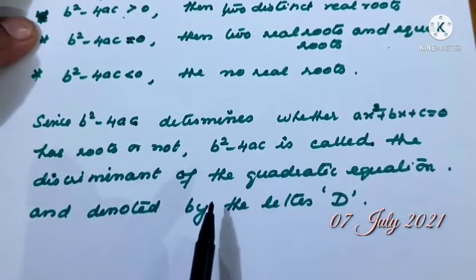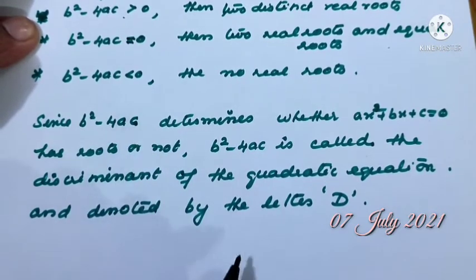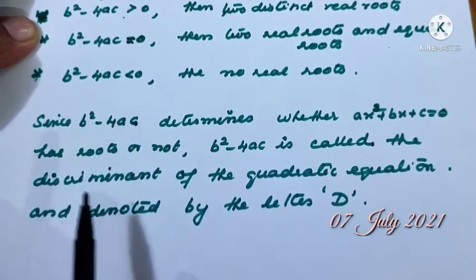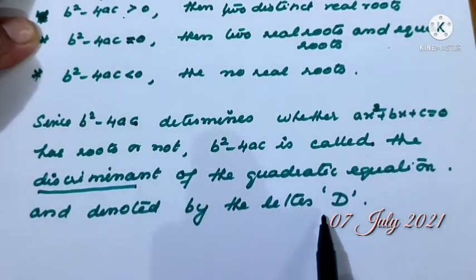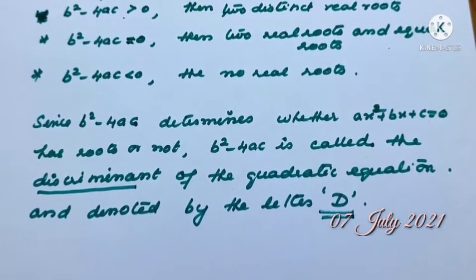Sometimes in the question it is asked to calculate the discriminant only. So we have to calculate b square minus 4ac, but children will take the root. That is a wrong thing. Without the root, b square minus 4ac is called the discriminant, and it is denoted by the letter D. So we should calculate b square minus 4ac first, and if you get greater than 0, two real roots are possible. When it is equal to 0, the roots are real, but the values are the same. And when b square minus 4ac is less than 0, then we can conclude that it does not have any real roots. We will do the examples, and at that time you can understand more.